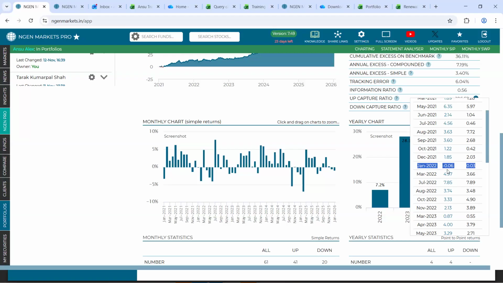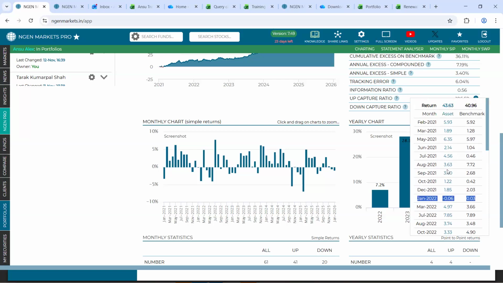Because we give consideration to the benchmark return at that respective time. Now, once we have all these month on month returns, we take a CAGR of this data set, and these are the results that come up at the end. So it says that when the benchmark was going up by 40%, the portfolio went up by 43%, which is to say, just by looking at these figures, you can say that when the benchmark was in a bull run, your portfolio was able to beat the benchmark.